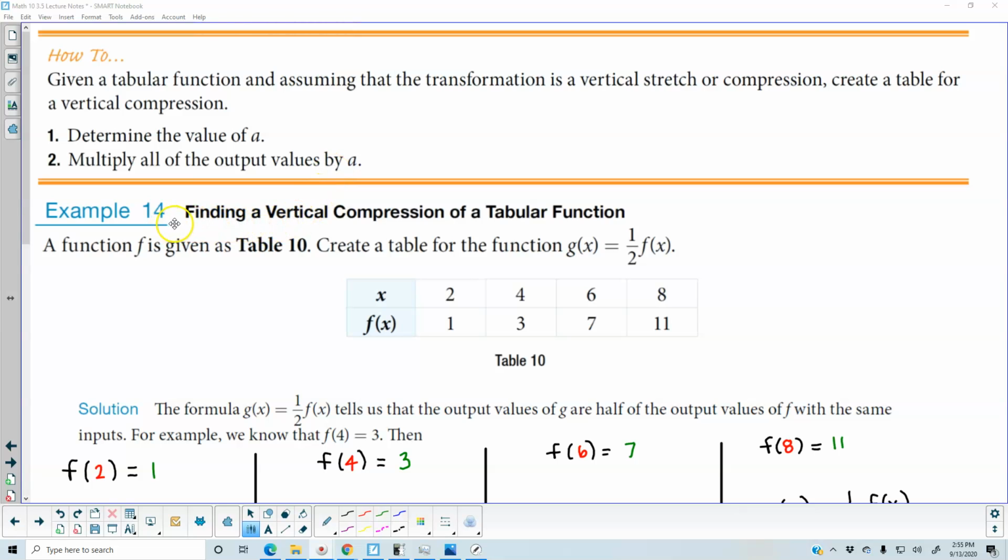Now, in example 14, we're finding a vertical compression of a tabular function. A function f is given as table 10. We want to create a table for the function g of x, which is equal to 1/2 times f of x. Now, it's titled as a vertical compression. The reason why it's a vertical compression is because we're multiplying